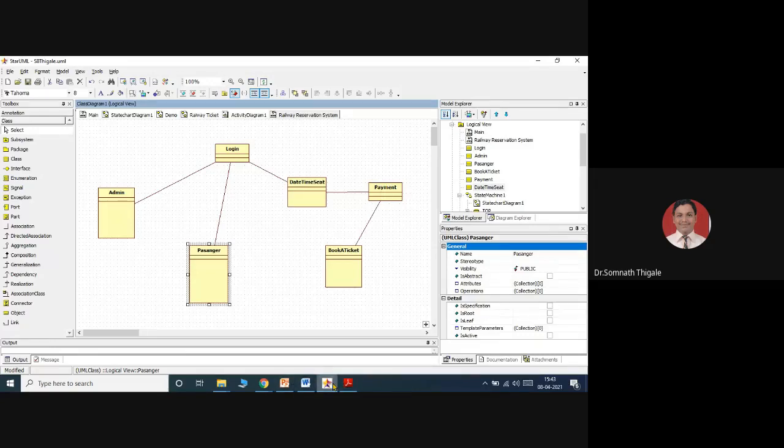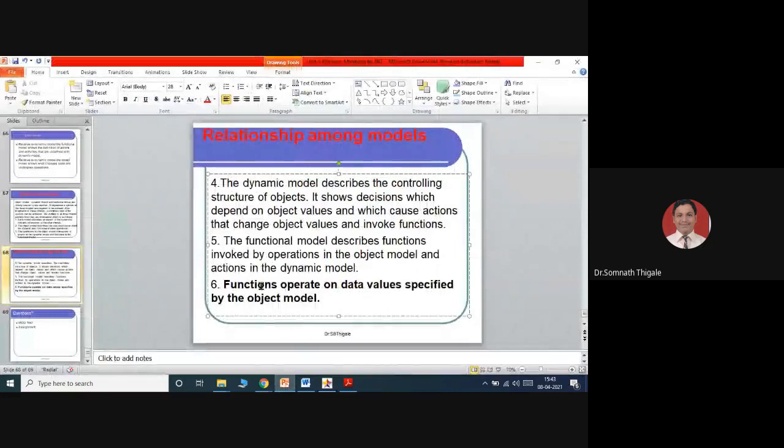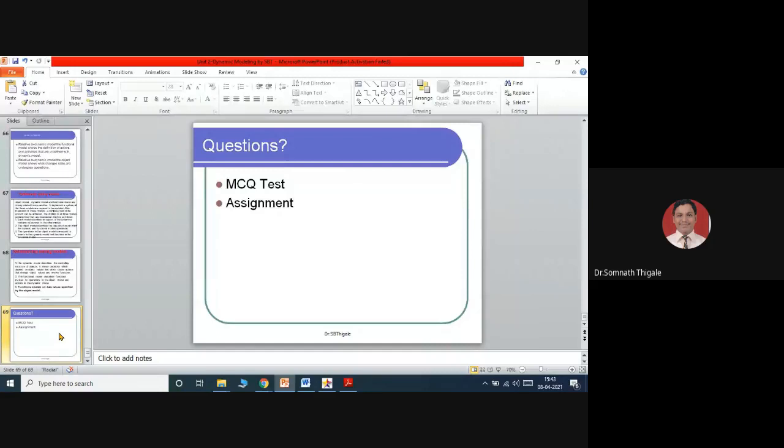This is the scenario we are discussing as part of functions operating on the data values specified by the object values. This is the relationship among the various models we discussed so far.